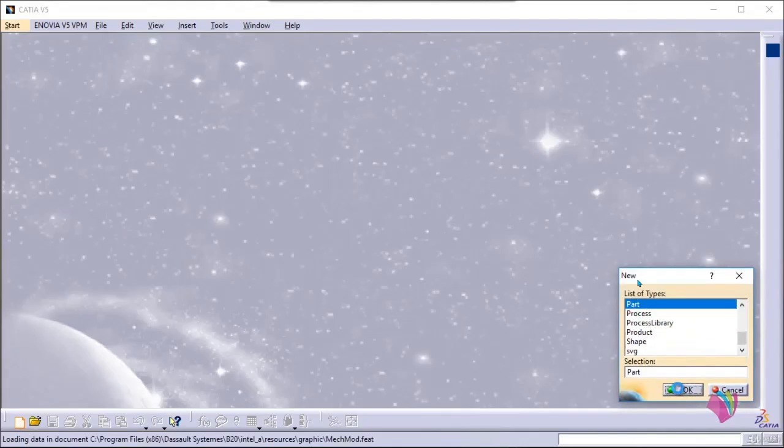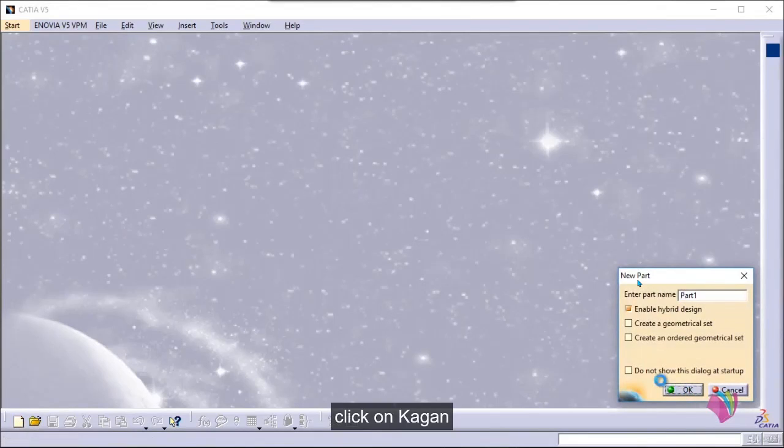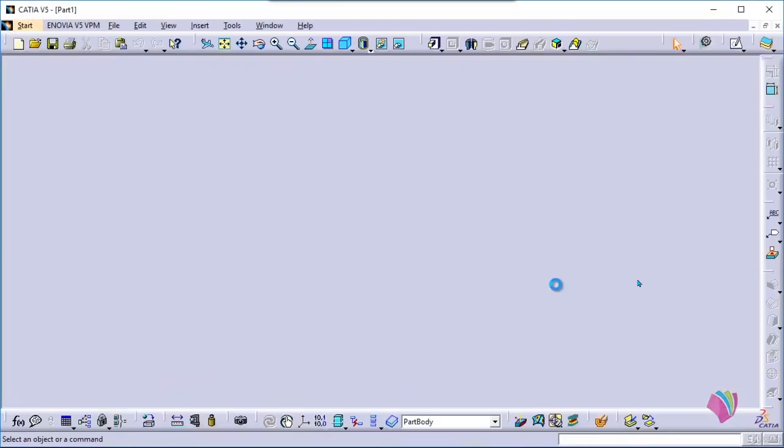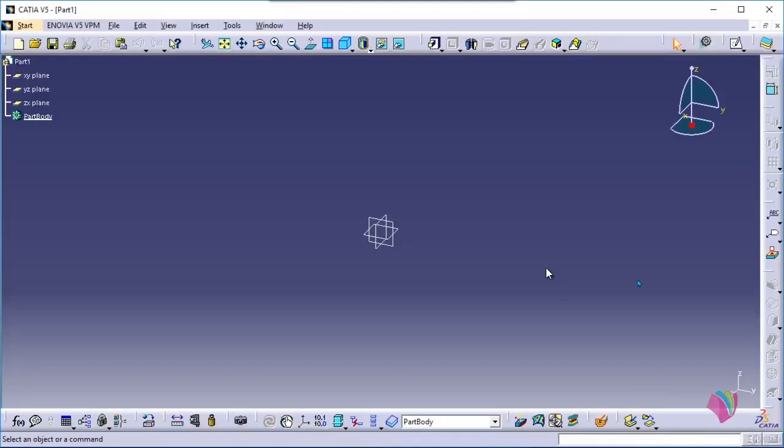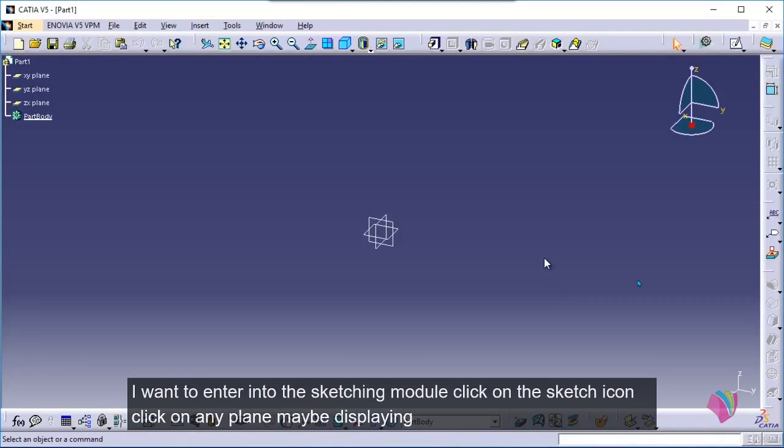Click on OK. A new file has been opened in the part design module of CATIA. I want to enter inside the sketcher module.